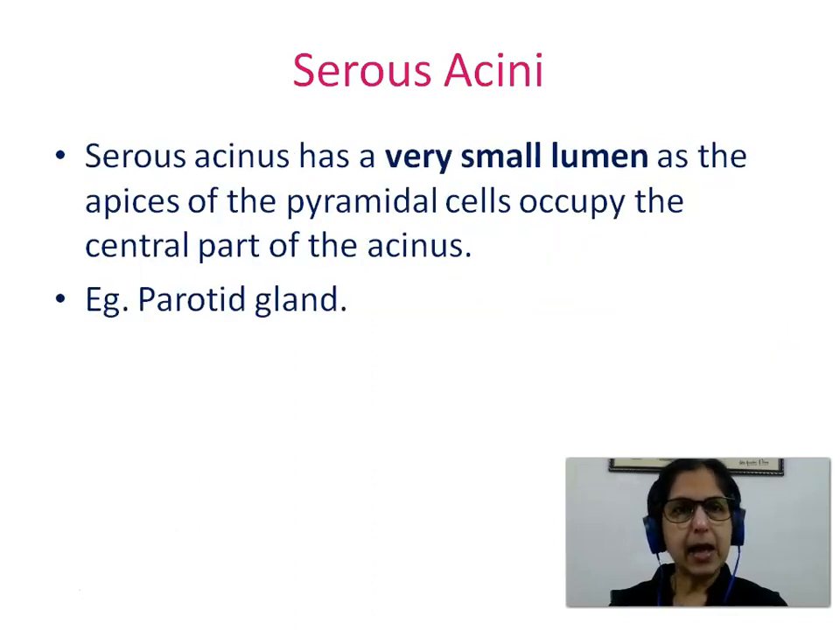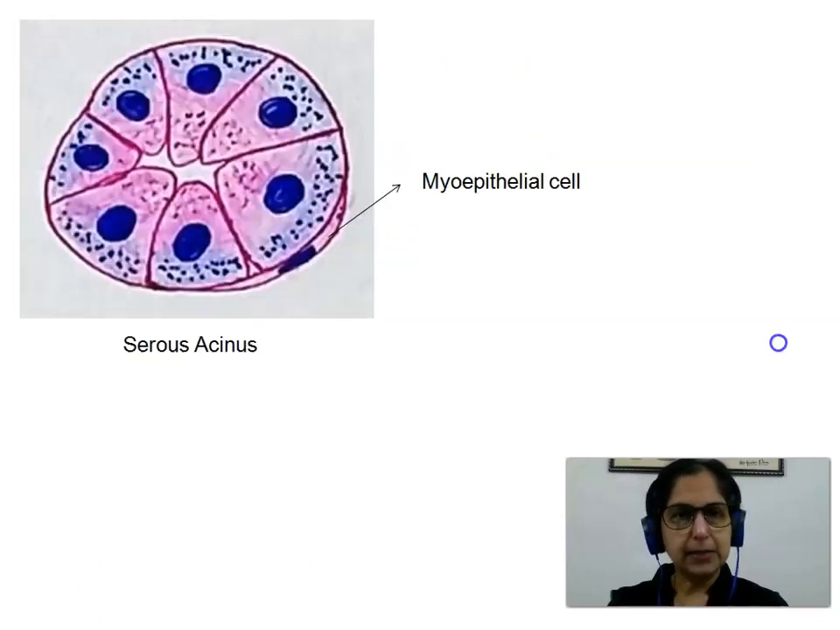Serous acinus has a very small lumen as the apices of the pyramidal cells occupy the central part of the acinus. So there is hardly any lumen seen. Example is parotid gland. This here is a picture of a single serous acinus where we see that it is